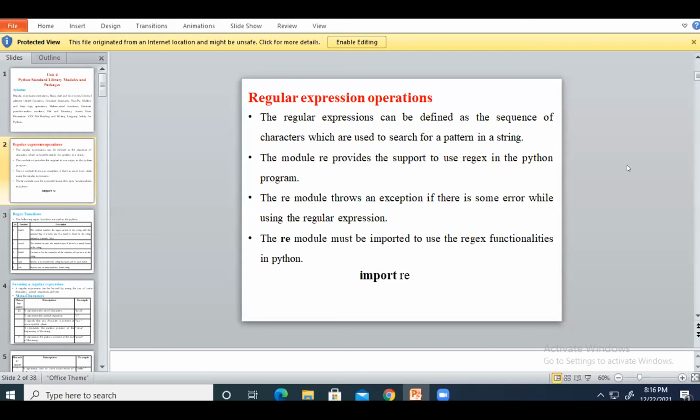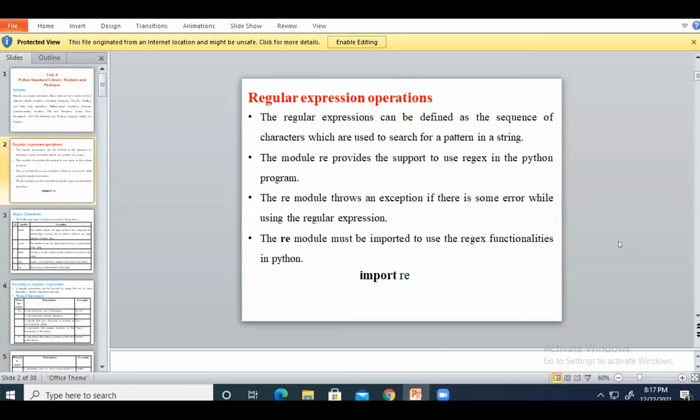Okay. So the module we are using is re. You have to see here that the re module is for defining the regular expression. The regular module throws an exception if there is some error while using the regular expression. If suppose we are using a = a + b and we have not imported the re module, at that time we get an error.